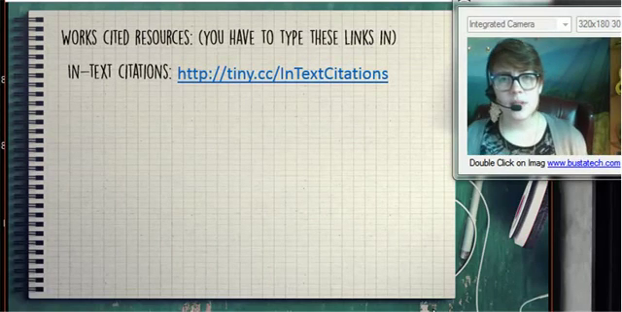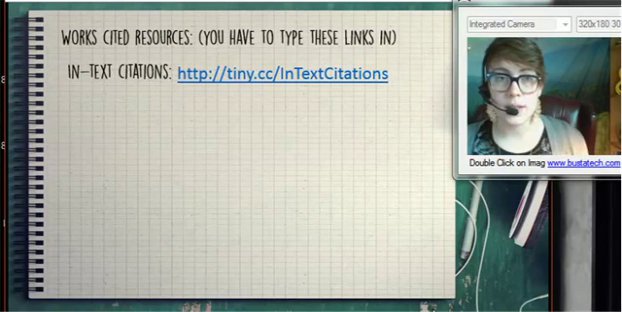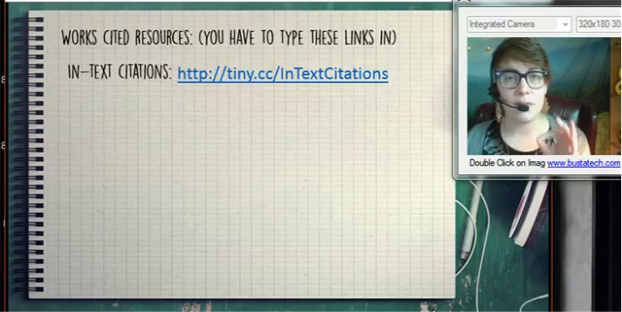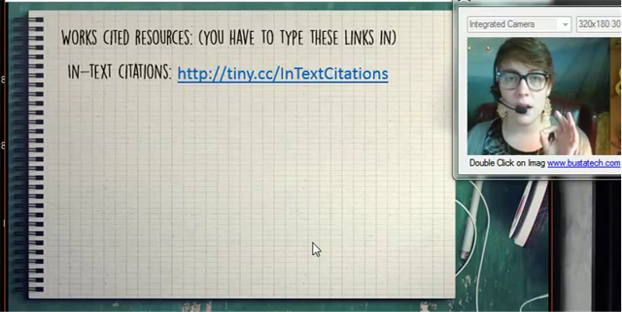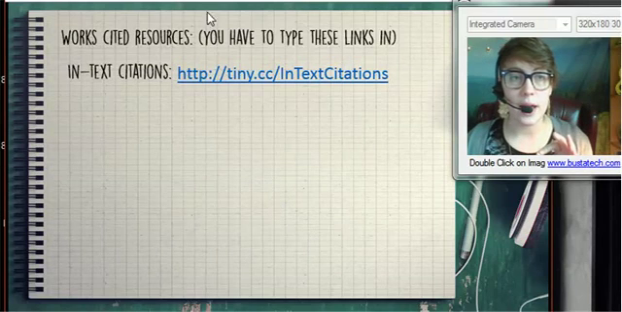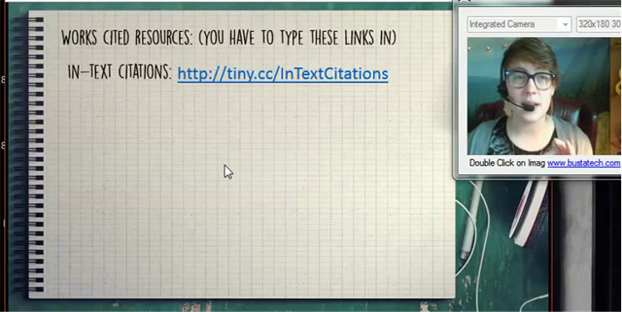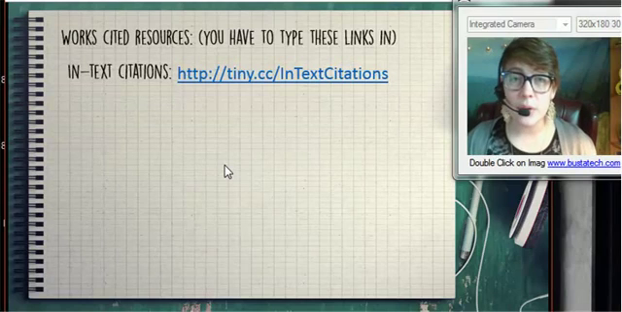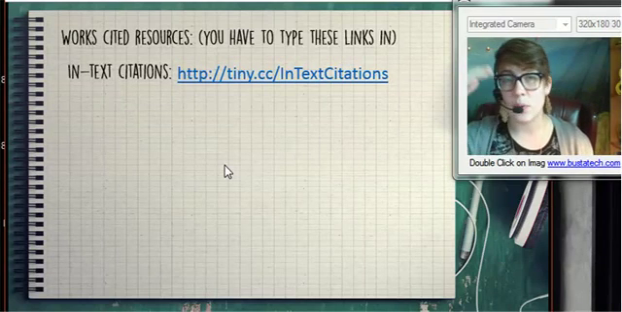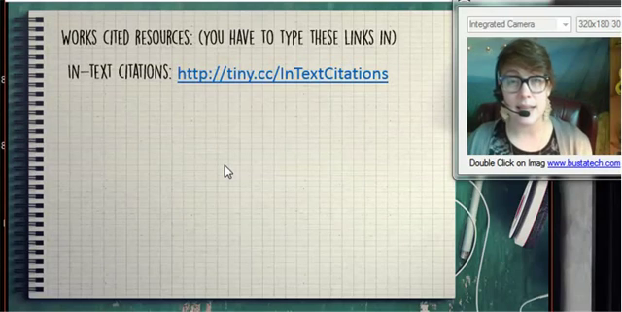There are a couple other resources. Tomorrow you're going to be working on your Works Cited page. The best resource I've found for Works Cited is actually called the Online Writing Center from Purdue, and this is not a clickable link for you guys because it's a video. You have to type in tiny.cc.in/in-text citations, and that will take you to an online writing center that explains how to do in-text citations, which is when you write something in your paper,